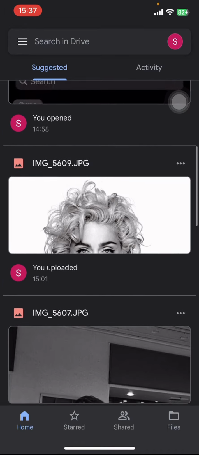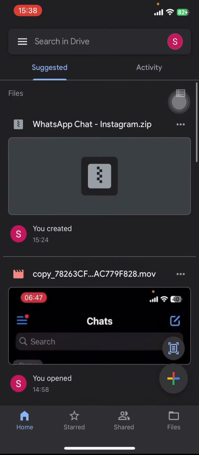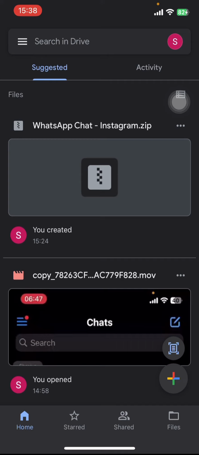Now on your screen, you're gonna find the files, photos, etc. that you've backed up on that Google Drive. Other options are Home, Starred, Shared and Files, and there's a search bar on the top of the screen. You can look for the file that you want to share from the search bar, or you can find the file on the suggested. Now all you have to do is tap on the three-dot menu of the file that